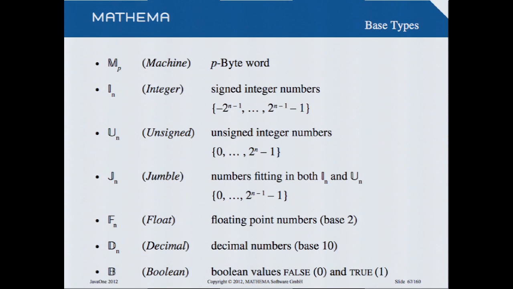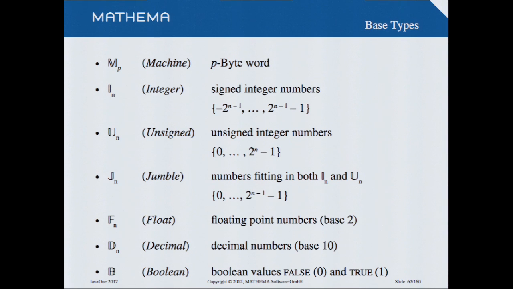This is something you might need, and so you don't need to care about them. We have, of course, machine words are bit patterns. We don't know what they are. They have no meaning. They simply have bits. The integer, then the bits will be interpreted in a proper manner. And so I will have integer values which might be negative. Unsigned, the bits will be treated so that I have unsigned numbers, and so on. I have a special type there, the J type. This ensures that I only have values which fit in both unsigned and signed values, because it reduces the number of methods I have to offer.